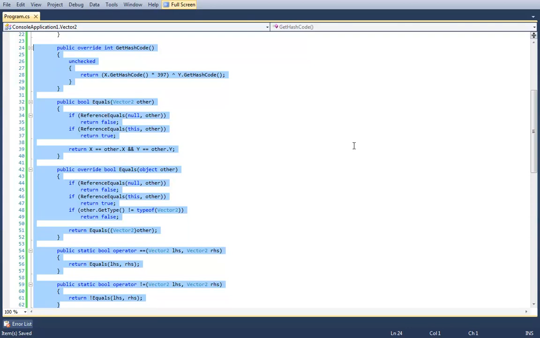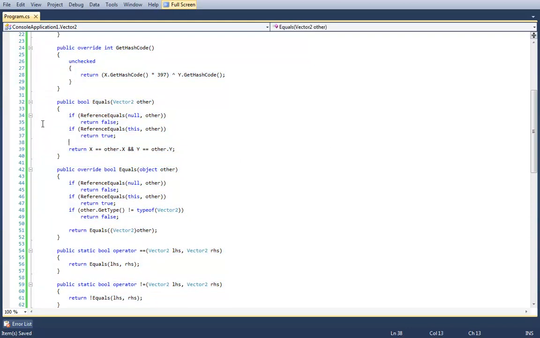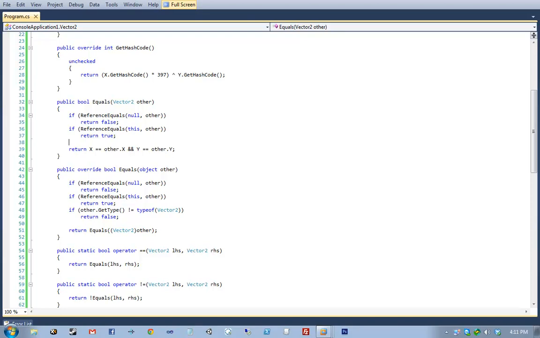Line 39 is actually, with the possible exception of line 28, the only one that really matters. Right, that's the one that is dependent on the specific thing you're doing. All of the rest will be more or less the same, with the exception of the type, wherever the type appears. So instead of Vector2, you would have whatever type the enclosing class is. The only other exception is when doing equality members on structs. There are a lot of different ways you could write this when working with structs. Obviously, you wouldn't be doing null checks, for example.